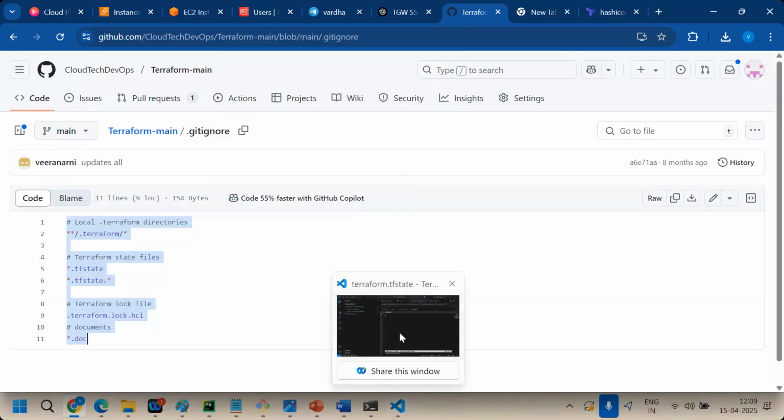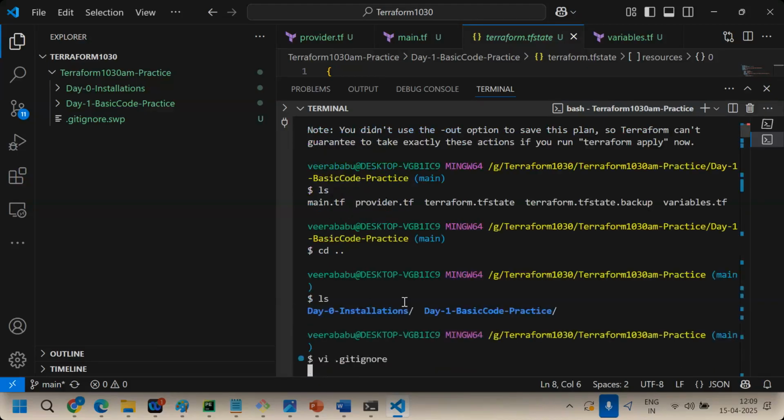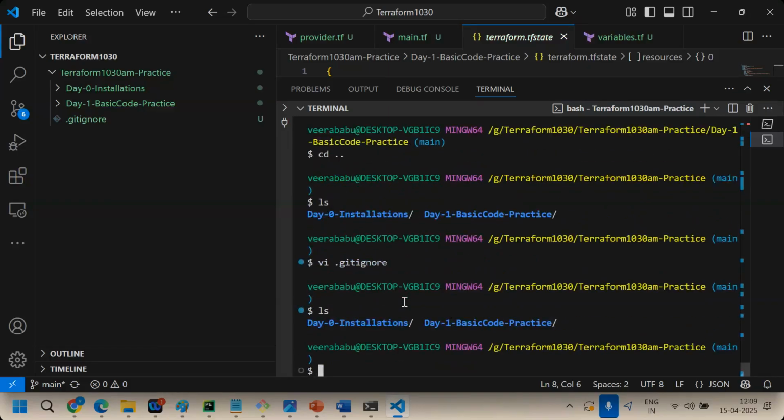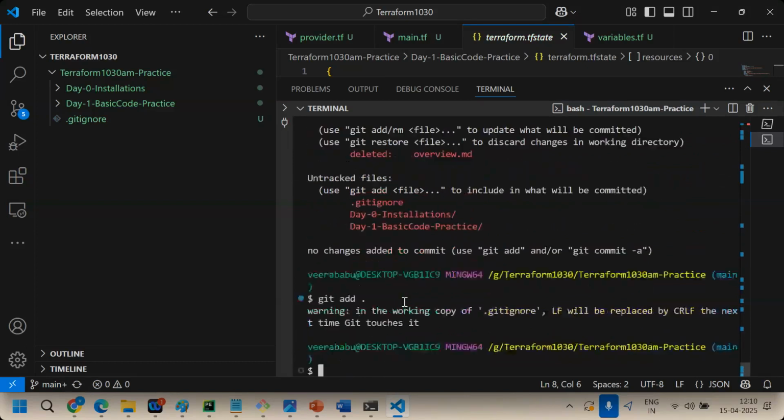Copy, paste. Clear, right? So now you are at the repository level. ls, okay, git status. Clear? Next, git add all files, but ignore these files.